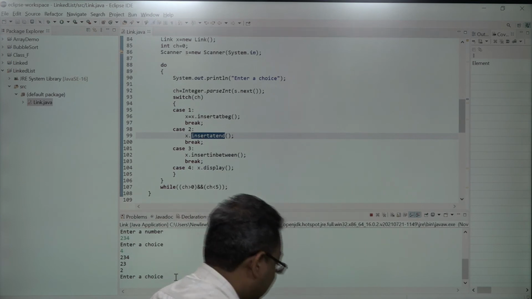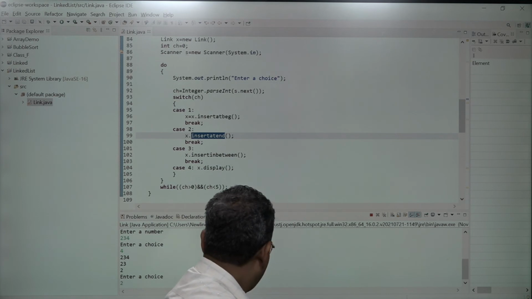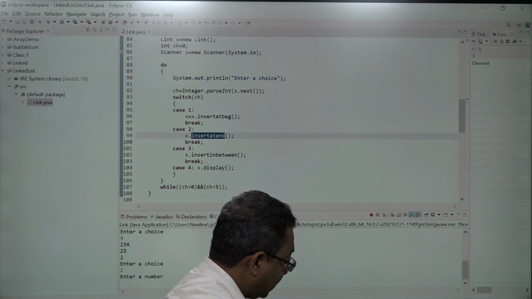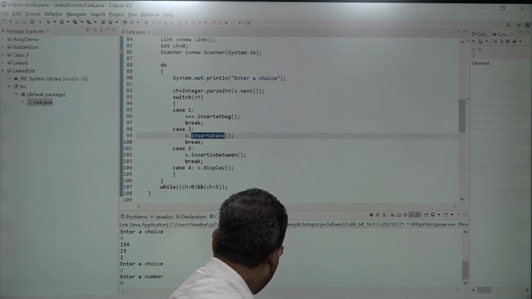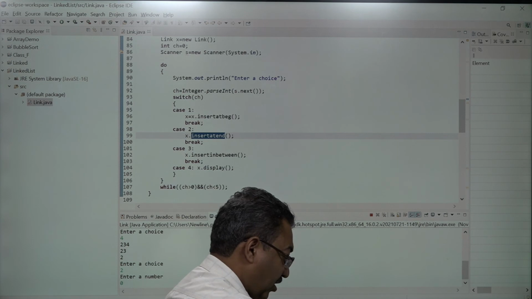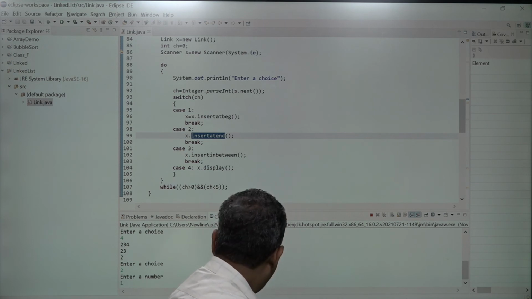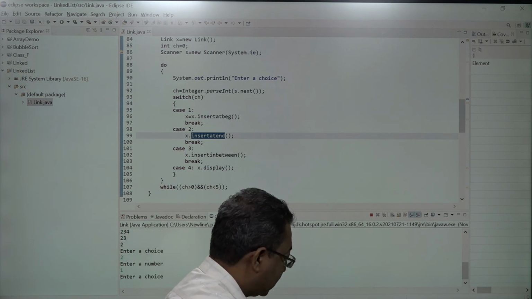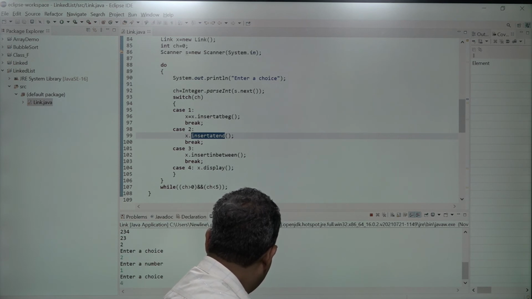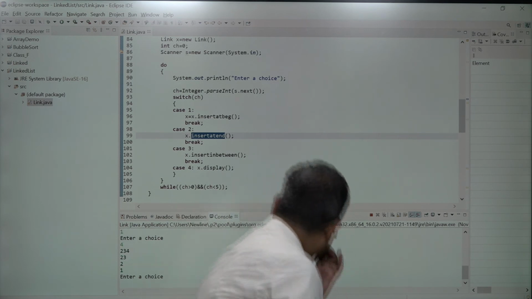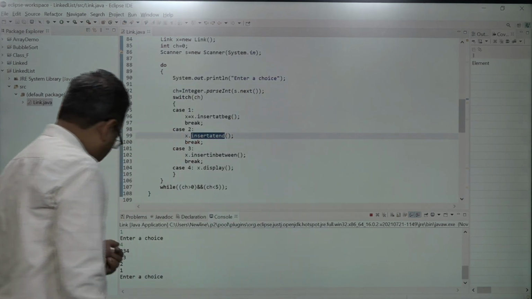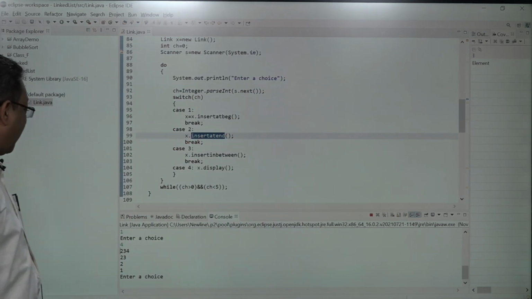Let's enter the choice as 2, and then let's enter the number as 0, and then okay, instead of 0 let's go for 1, and let's display it. So what is your expectation? 1 is coming at the end: 2, 3, 4, 2, 3, 2 and 1.